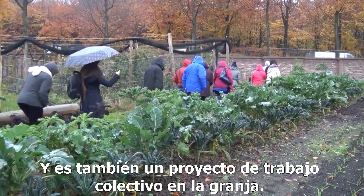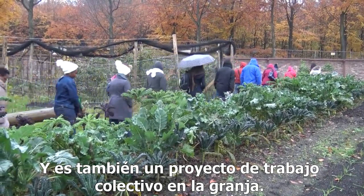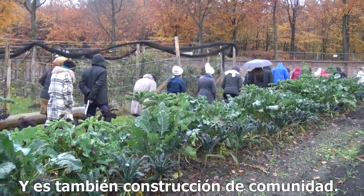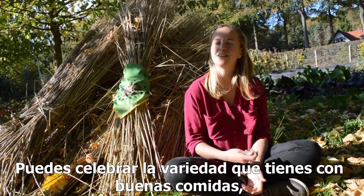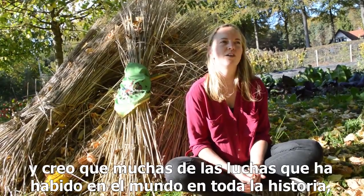And it's also a project of coming together, working together on the farm. It's also about community building, I think. You have many different varieties, many crops. You can celebrate this with nice dinners together, and strengthen the local economies. And I think